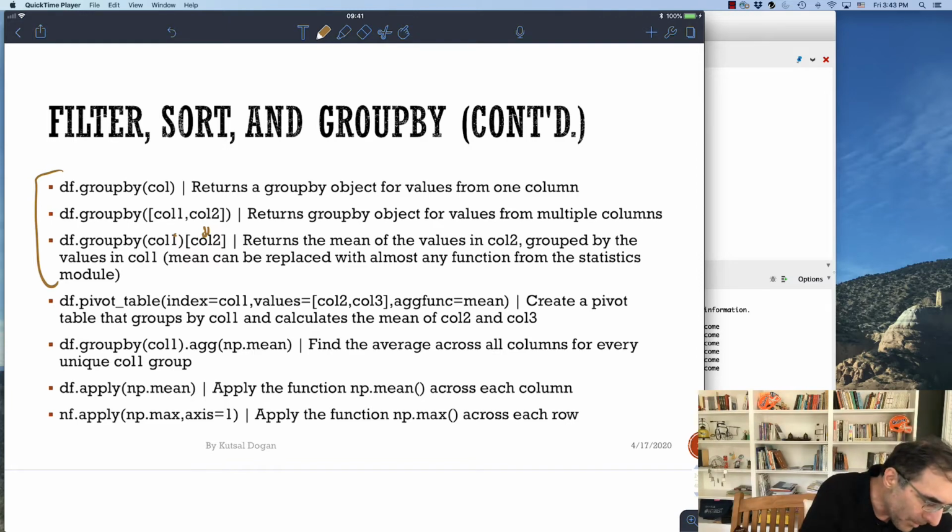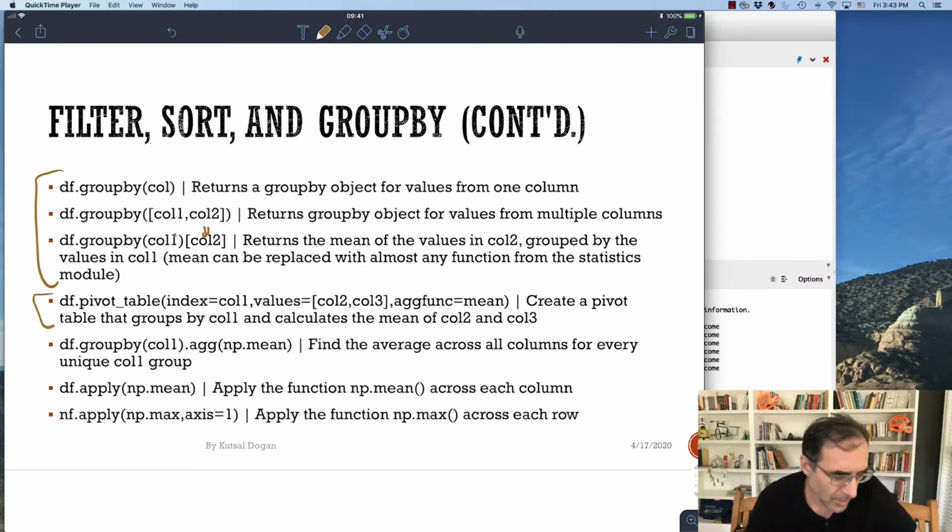There is also pivoting. So you can actually take a column and pivot it. So here what I'm doing is actually I'm taking an index column, and the values are column 2 and 3, and an aggregation function is mean. So what I'm doing is actually I'm taking the mean values of column 2 and 3, and I'm pivoting on those two on column 1. Okay, so whatever the column 1 values are, I'm pivoting on that. I'm showing you an example of that with the COVID data set. Okay,